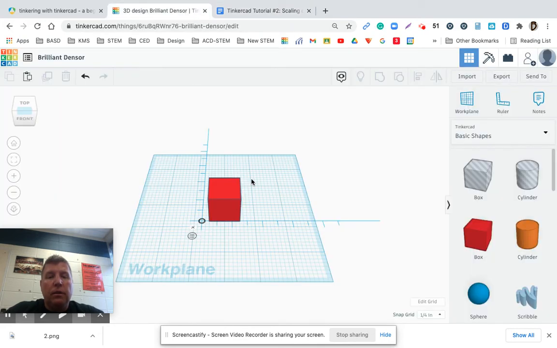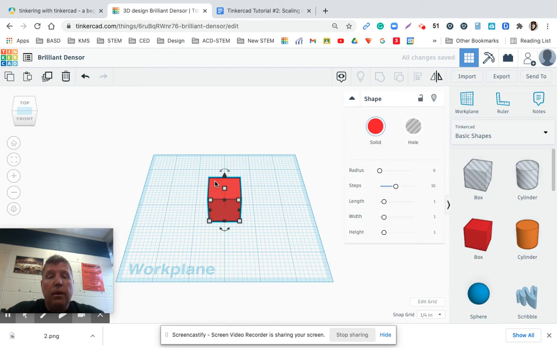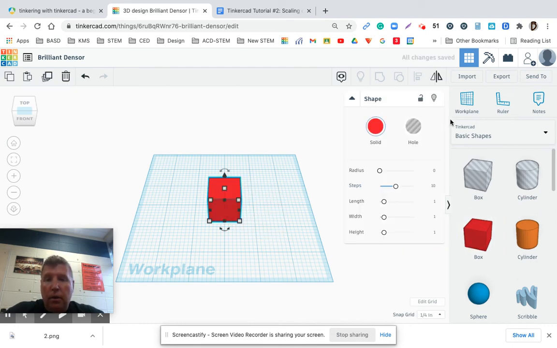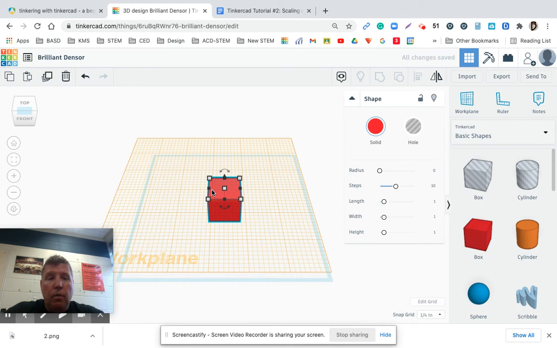All right, so now when I want to get rid of the ruler, all I do is click ruler. It takes the ruler off. Let me get rid of that image, okay? And let me pull out a box here. And what I want to do next is use the work plane function. All right. So in the work plane function,